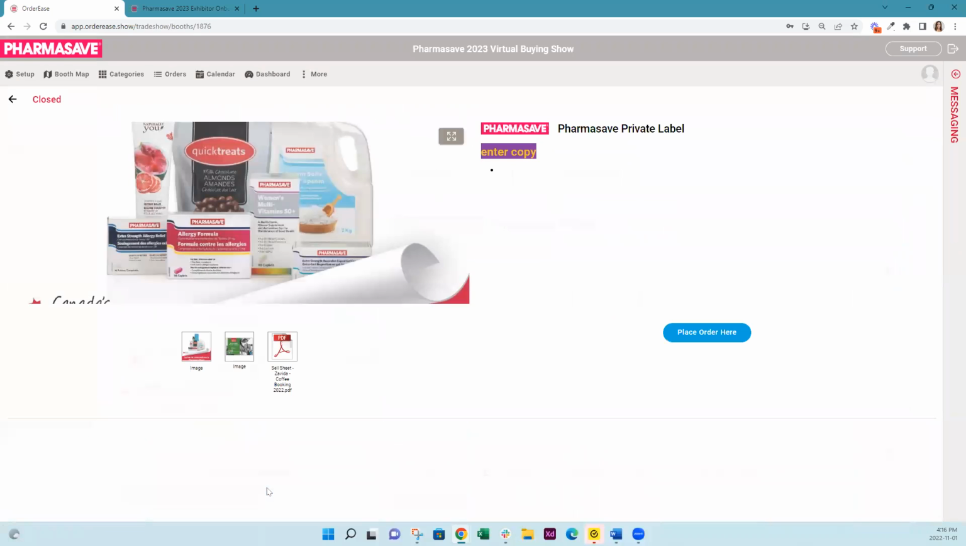Whereas if you are in the booth, the images are just called image. So if it is important to you that every single item that you've uploaded to your booth does have a title, I'd recommend uploading them as a PDF, save that image as a PDF file, and then you can change out the